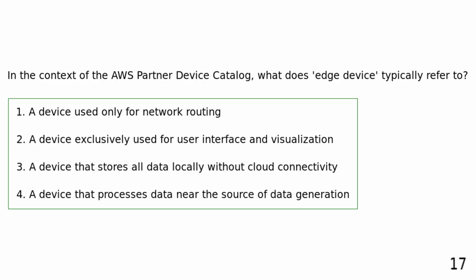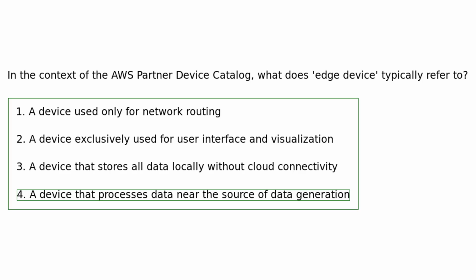A device used only for network routing. A device exclusively used for user interface and visualization. A device that stores all data locally without cloud connectivity. A device that processes data near the source of data generation. In the AWS Partner Device Catalog, an edge device typically refers to hardware that can process data near the source of data generation, often with some level of computational capability, allowing for local data processing before sending aggregated or filtered